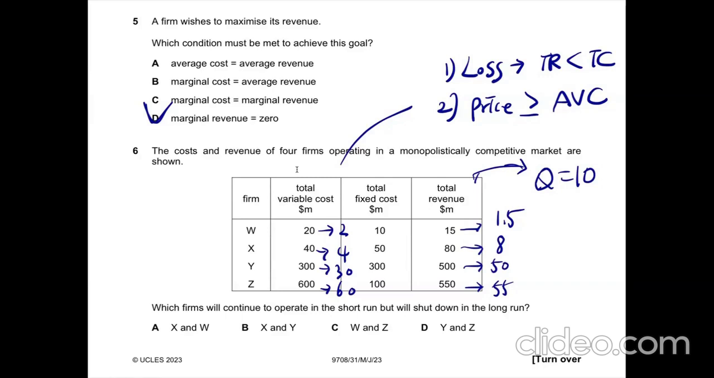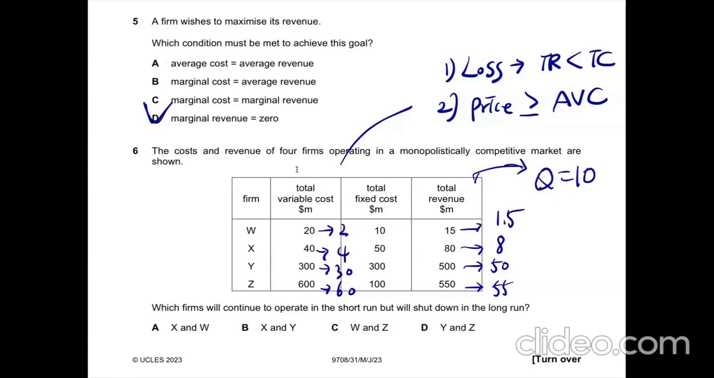Why? Total cost 600, total revenue 500. So yes, it makes a loss. For the average variable cost 30, market price 50, so price is bigger, so yes, it satisfies the second condition either. For the last firm, total cost 600 plus 100, 700, and total revenue 550, so it is making a